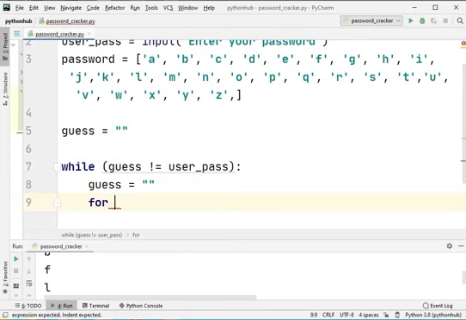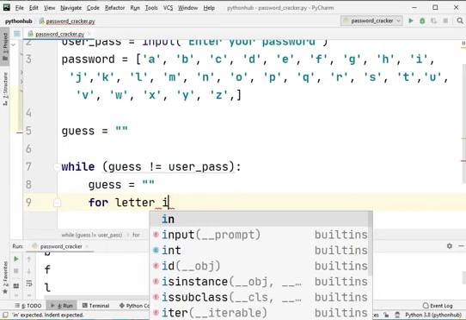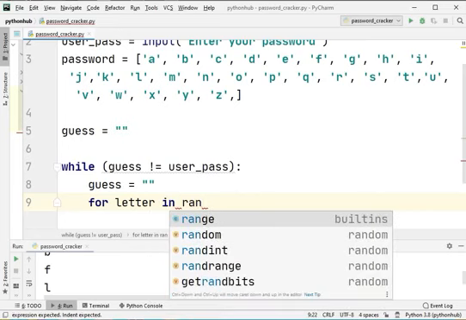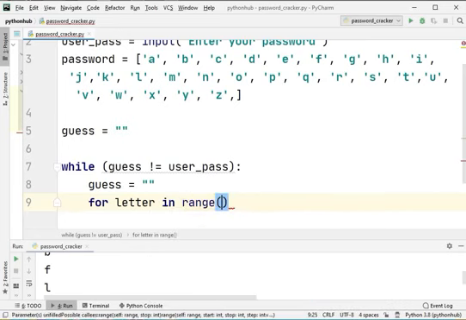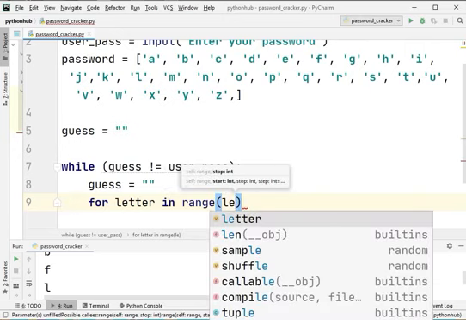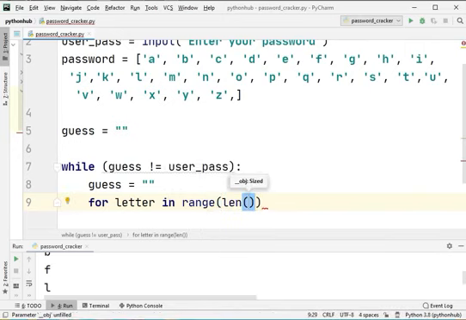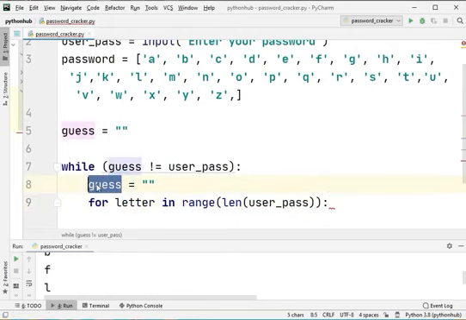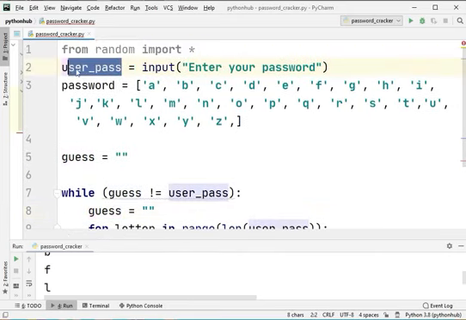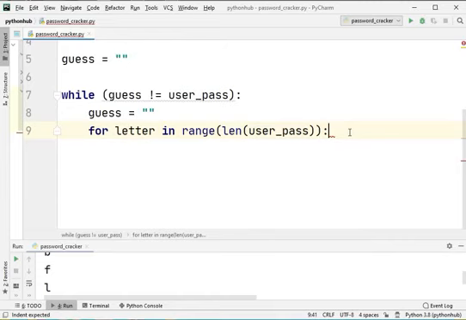So now let's type for letter in range of length of user password, because we want our guess password to be of the same length as the one entered by the user. So now let's move forward.